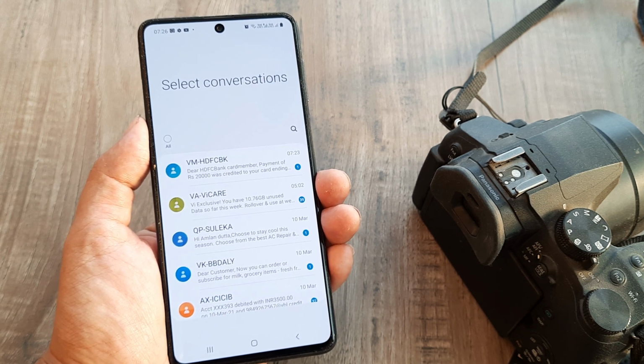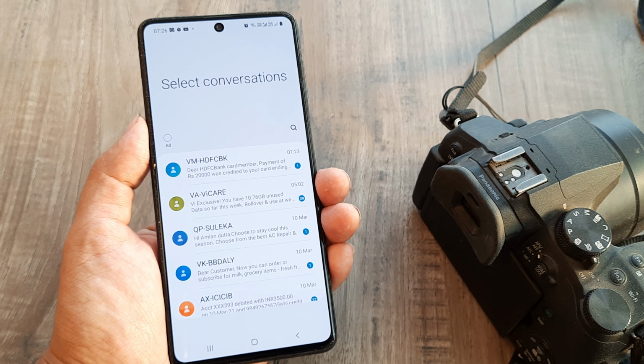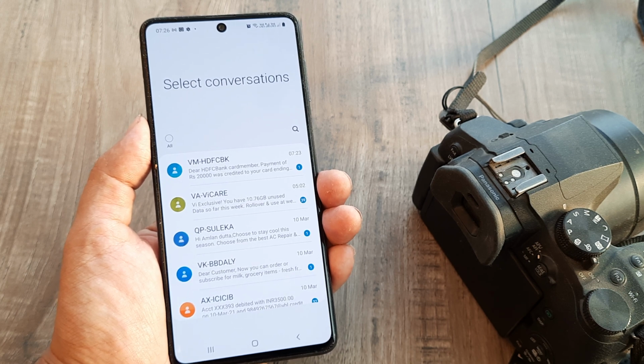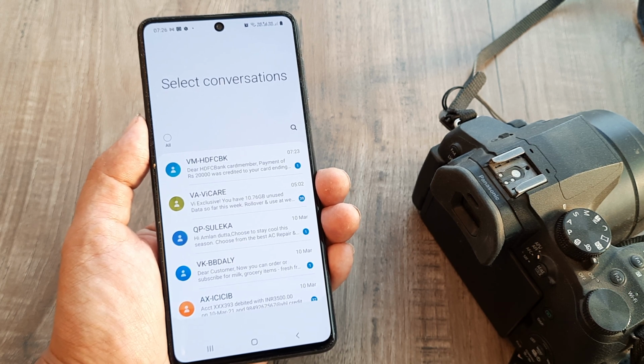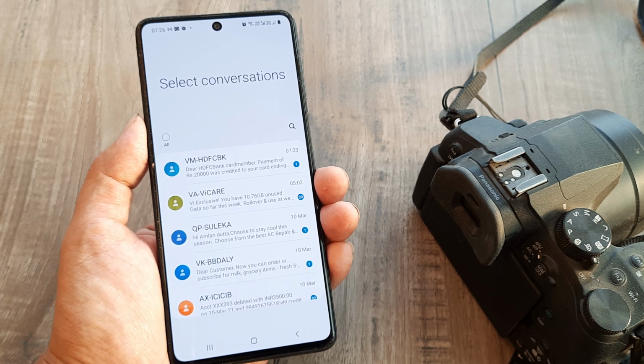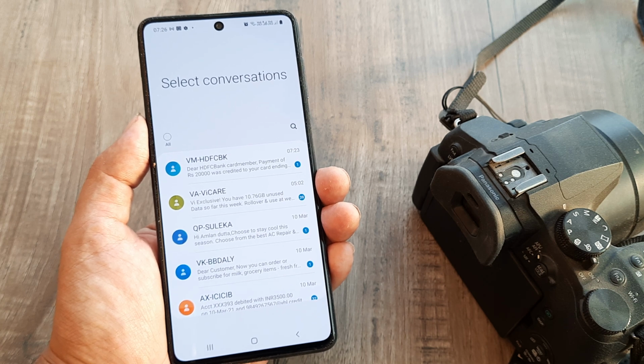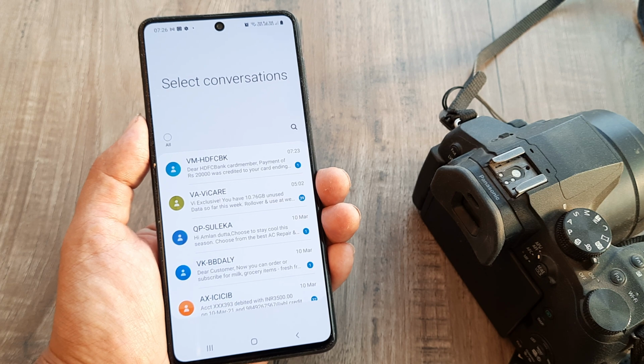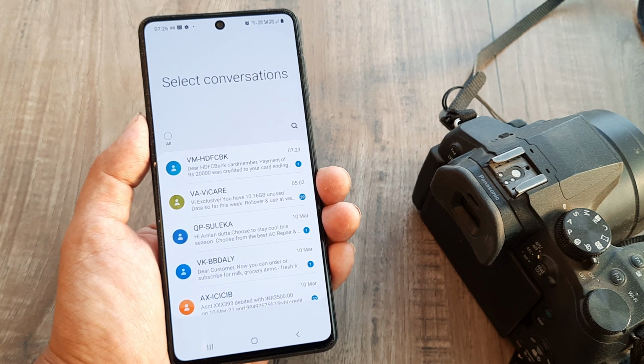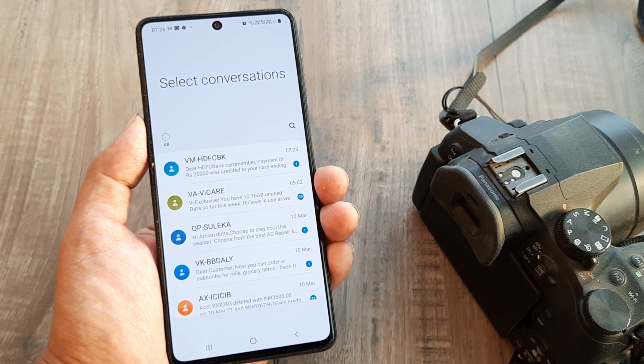In case you are wondering how you can restore messages without taking a backup, like I said, you should have something there. Many people will have Google Drive backups. In that case, you can always restore using those Google Drive backups. In case you have nothing, then Dr. Phone is a wonderful application to do that. Restoring SMS messages is a pretty important thing and that's why I made this tutorial.